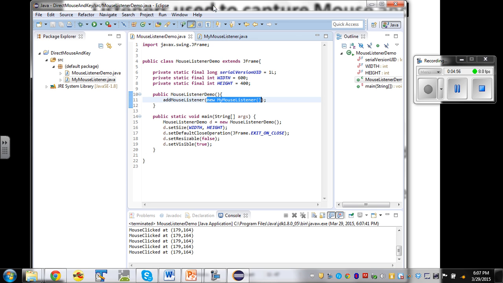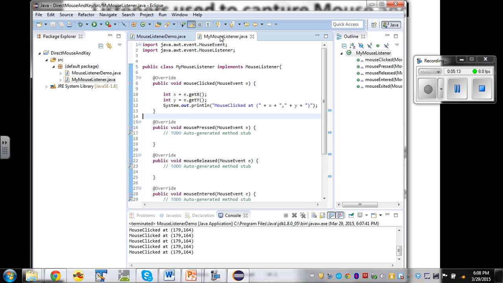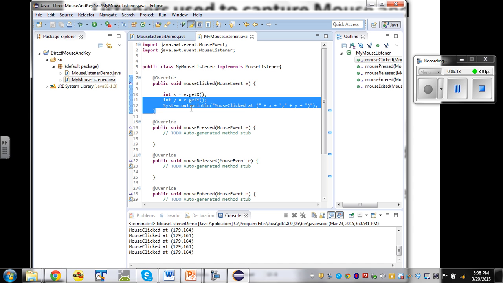And so by adding a mouse listener, I have to create an instance of something that implements the mouse listener interface, and then I add it as a mouse listener to my JFrame. Then, thereafter, whenever the mouse is clicked, the mouse clicked method will be called whenever that mouse clicked event